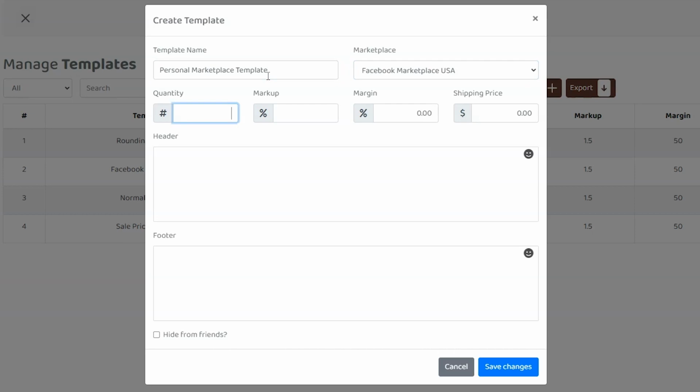I'll set a quantity of 5. I'll set a markup or a margin of 25%, and I'll set a shipping price of $9.99. The header and footer don't really matter for the purpose of this video, but we can just click on Save